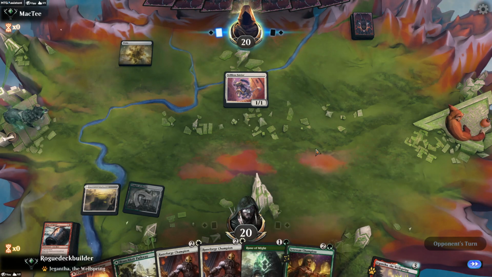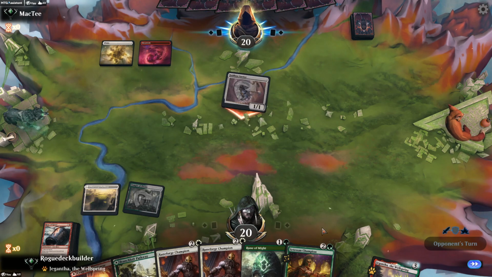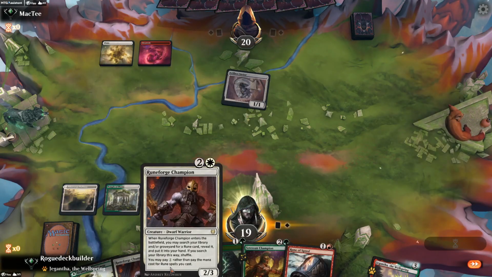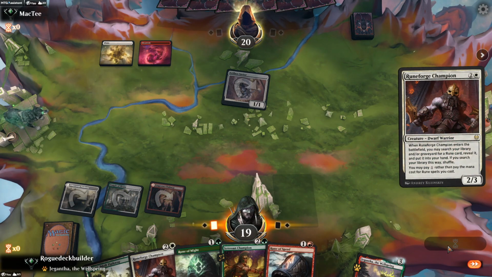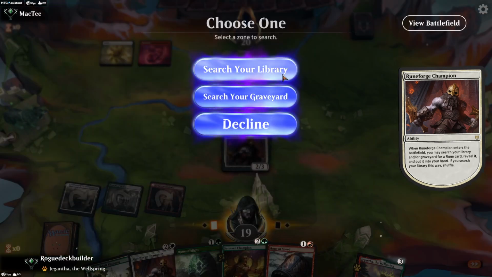I might go Citizen Champion, actually. No, let's see. Yeah, Citizen's probably the better one to go. This is going to be Winota. So actually, Runeforge is probably better, because if it gets killed, then we still have another Runeforge the next turn. And then that's going to be more. So I think